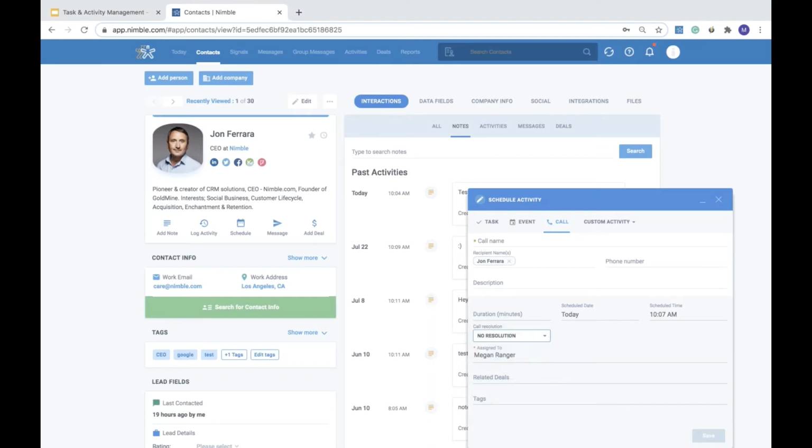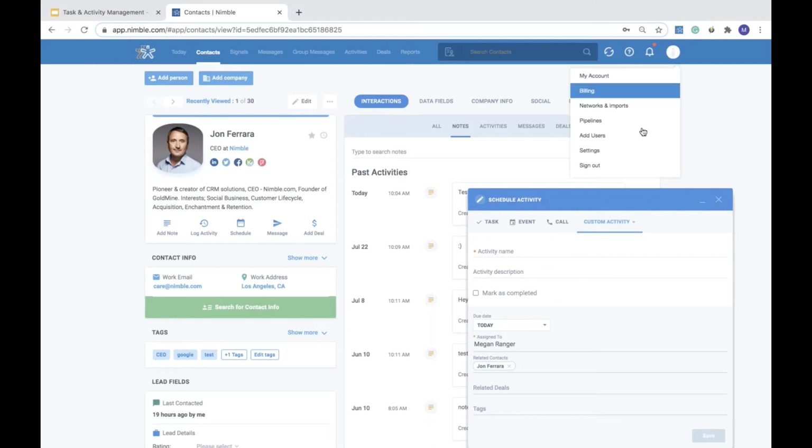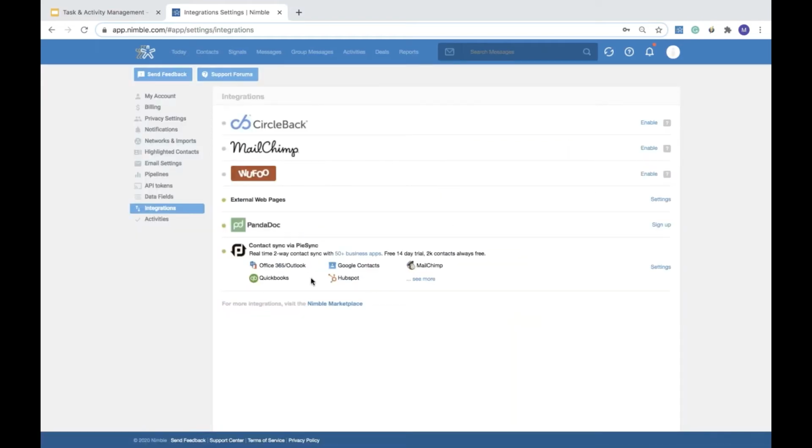Nimble also gives you the option to create and log custom activities. So these activities can be anything such as a LinkedIn message, in-person meeting, product demo, or a specific trade show or conference like MS Inspire. The account admin will be able to create the activity, and users will then be able to access the activity type and log data. So to set up a custom activity type, you would go to Settings, and you would